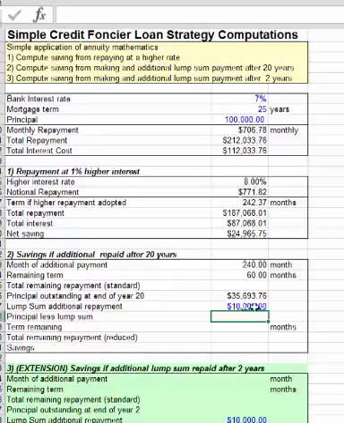Okay, I've already written in that I'm going to be repaying a lump sum of $10,000. Now I can ask myself, what is the principal after I've done that payment? And so I go to the bank, they say that I owe them $35,000. I take off the 10, and so that leaves me with $25,000 still to go. Okay, what's my term remaining? Well, I'm still going to be paying off at the same rate,